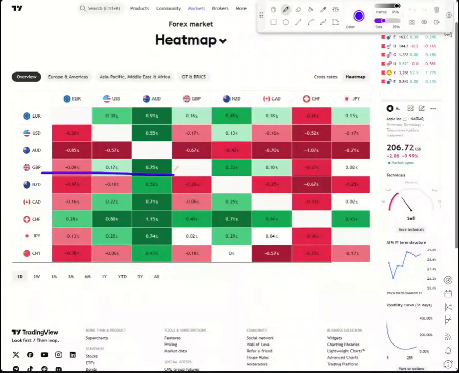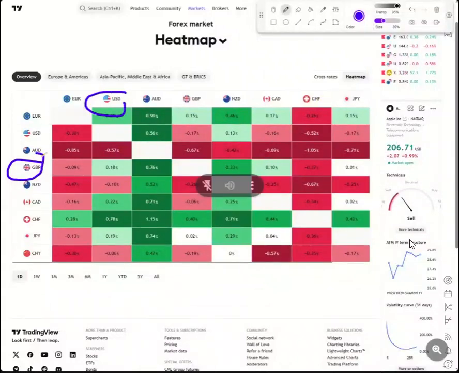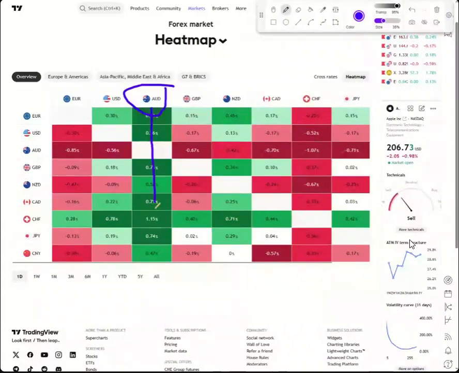Left hivi mpaka juu hivi ama juu hivi, depending on the pair yenye broker na pair. So sasa for example kama ni GBP USD, obviously we have to start with GBP then USD. Ukitaka kujua performance ya GBP USD today, it's that way hivyo. If it's AUD CHF, obviously you have to start with AUD like this, then you go down to CHF